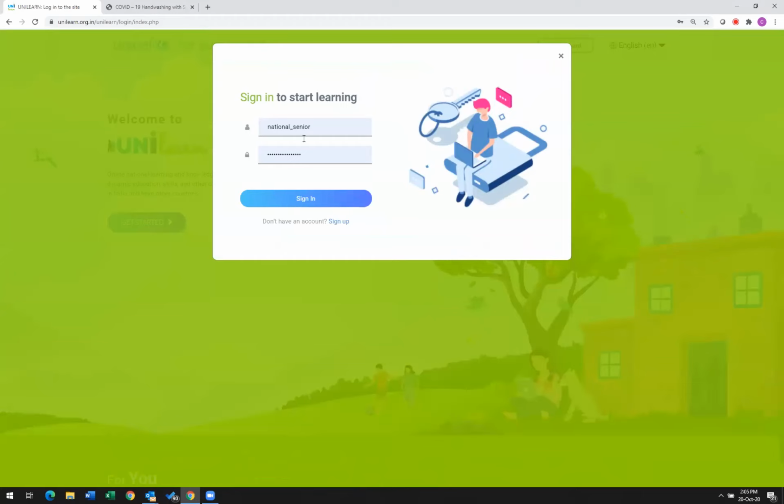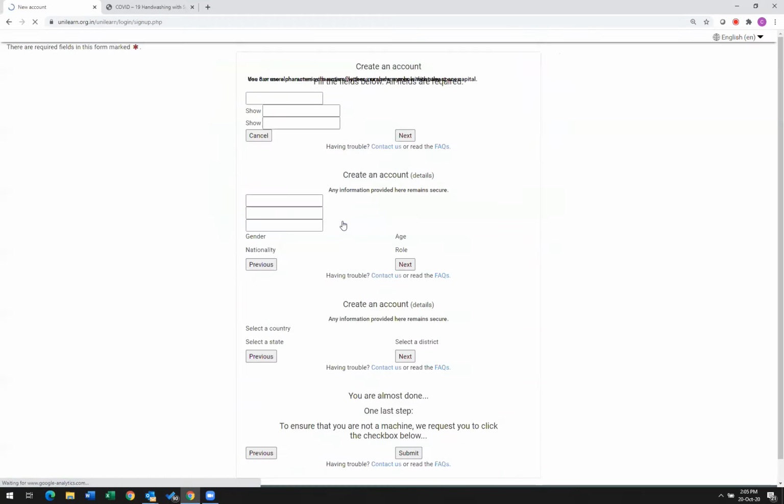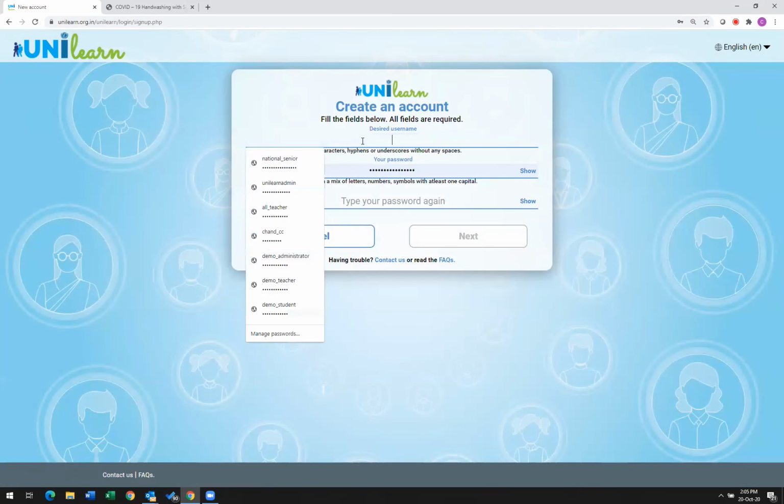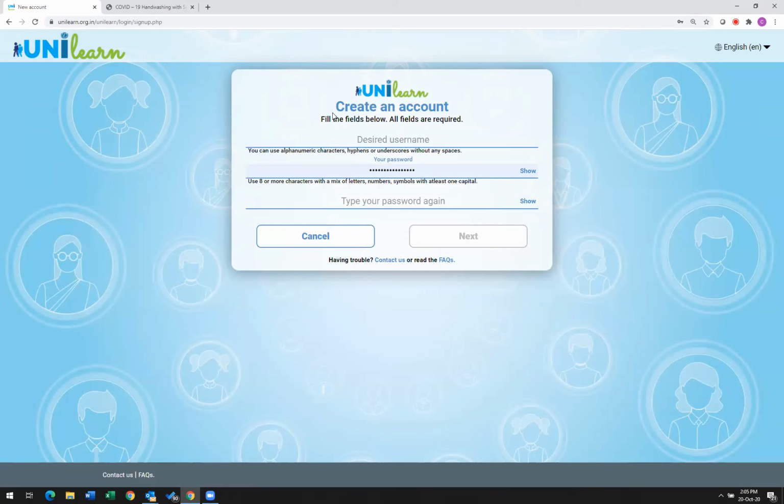If you already have a username and password, you can log in. Otherwise, sign up. We have kept it actually pretty simple. It takes hardly any time to register a new user here, and anybody can register provided they have an email ID, and that's how the sign in takes place.